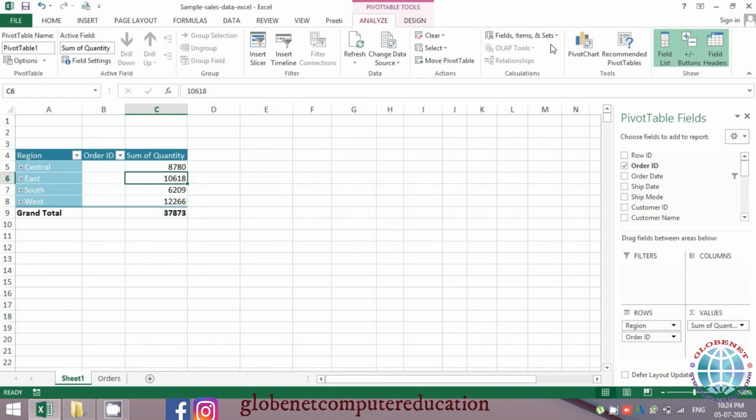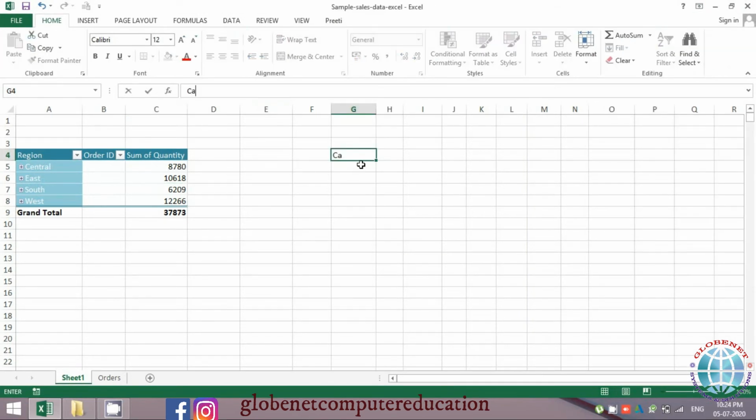let me create some view actually. Creating a small table just to show you where these things can be used.